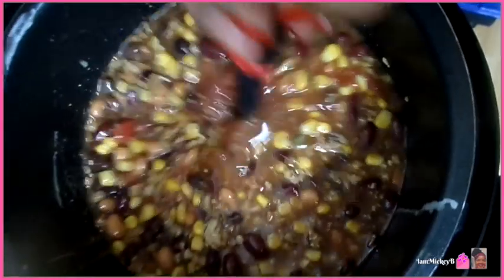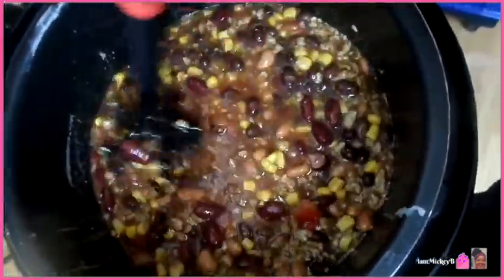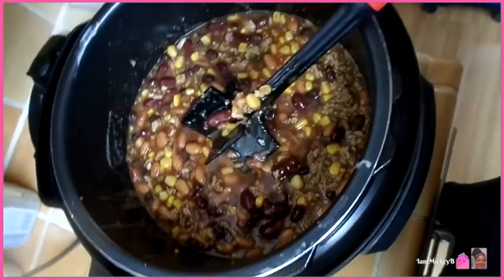I normally do 2 cans of all of the beans, but this isn't going to make that, I don't think anyways. So yeah, and all you have to do now, the beauty of this dish, why it's so quick, you don't even need like the Instapot feature,